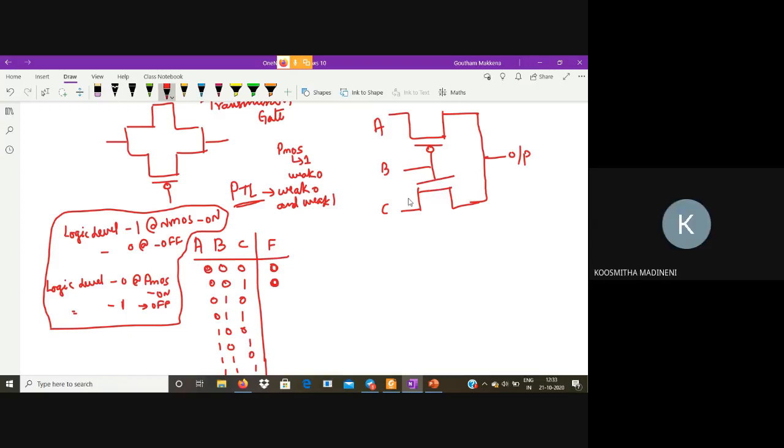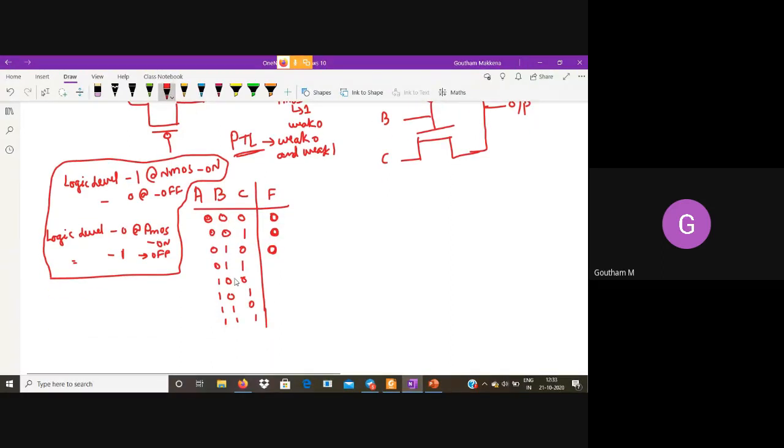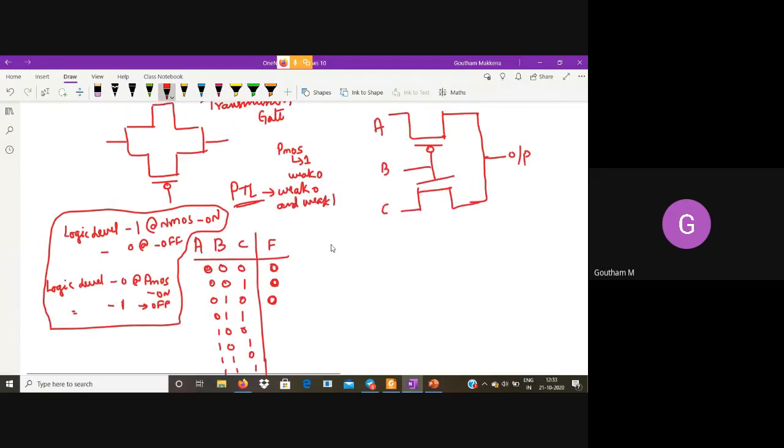NMOS is on. Now NMOS passes a strong 0, so this should pass C over here. What is C? 0. So this is the best case. Now in this case, 0 1 1, B is 1. PMOS on or NMOS on?